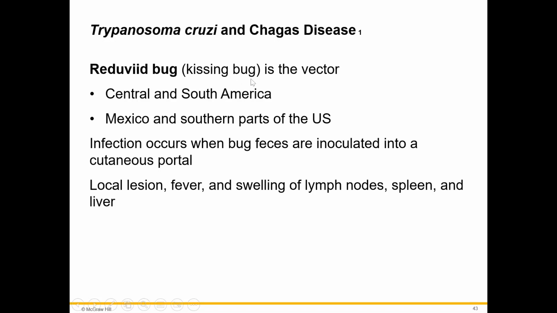So true bugs arrived before the beetles, so they don't have mandibles yet. They've only got a straw. So you'll have this one little piercing, sucking mouth part, right? And it'll cause a deep little bite, or I guess a puncture wound around your mouth. So that's why it's called the kissing bug. You'll see it around your mouth, and it gets kind of puffy and agitated, and it looks kind of